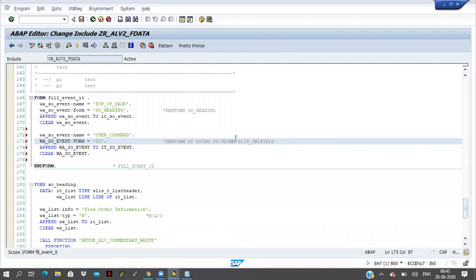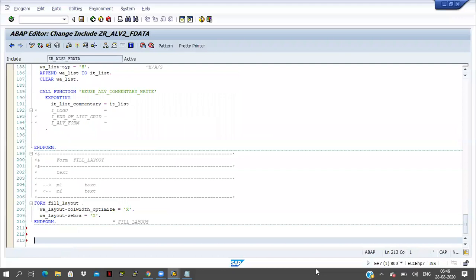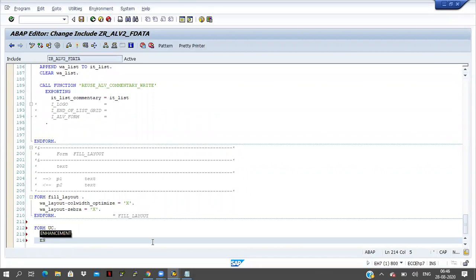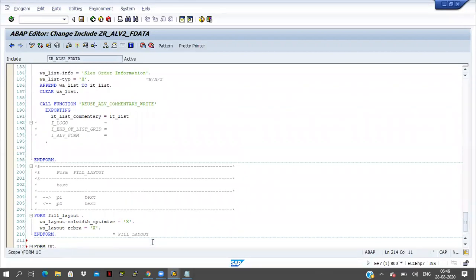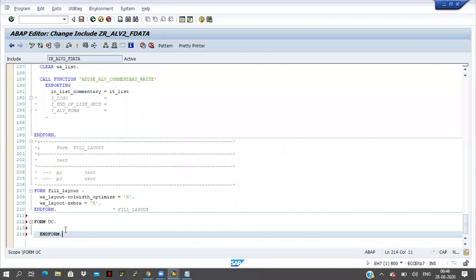Now I have to declare this form and end form at the end of the program, form UC and end form. It is using two inputs here, s5-ucom and slice underscore cell field, and I have to handle them in this form and end form.